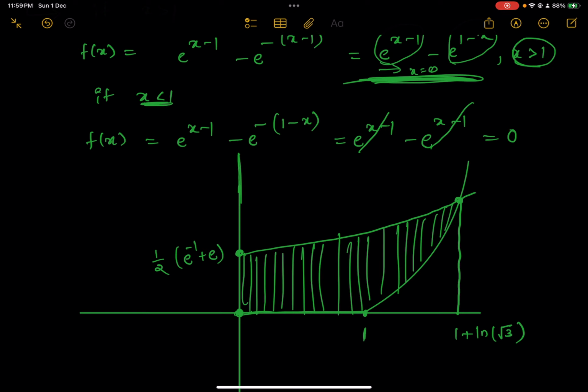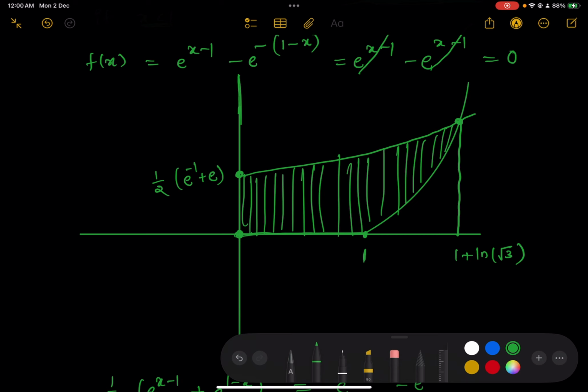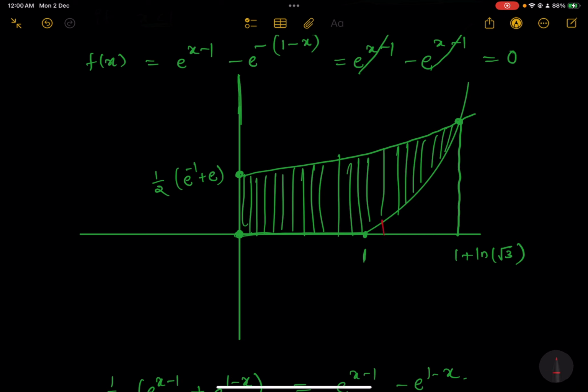Correct? So now to do that, we have to find out the green area. So I am coloring this with red. So to find out the green area,